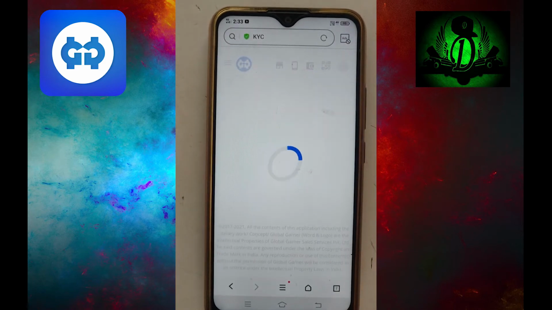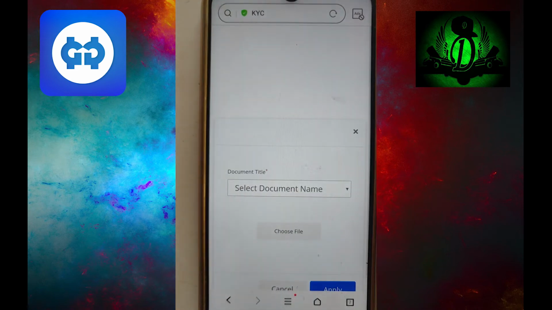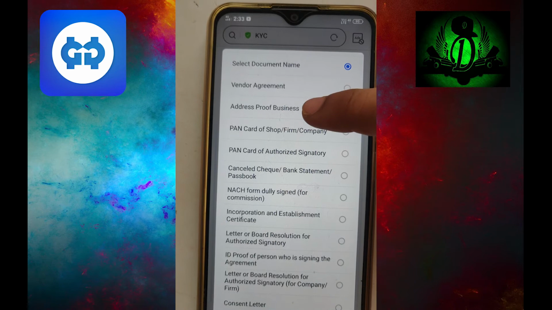Go to documents, select add documents. Now choose the document name from the dropdown and upload the mentioned document and click apply.